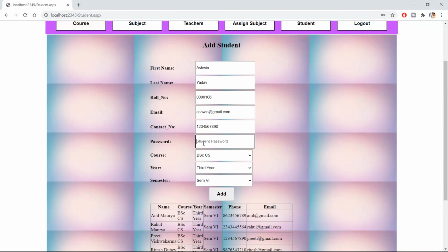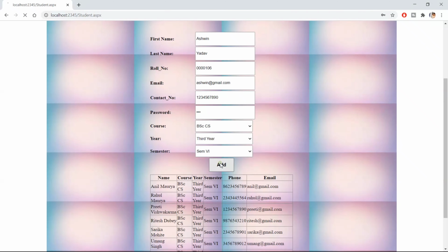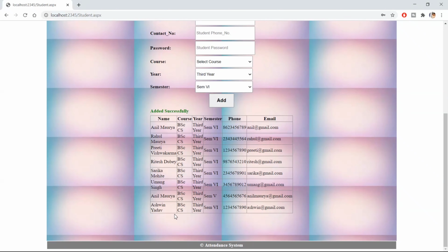So let's add without the password field. Yeah, the validation shows that the password is empty. Let's add the password. So it has been added successfully, and we can find it here.